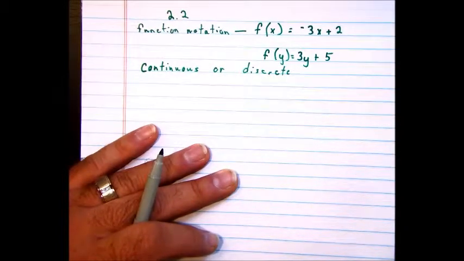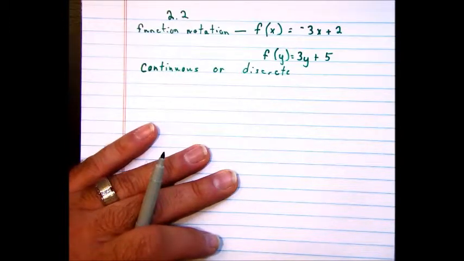A discrete time would be like if you rented a video and you had to turn it in by the day, and every day it was late,